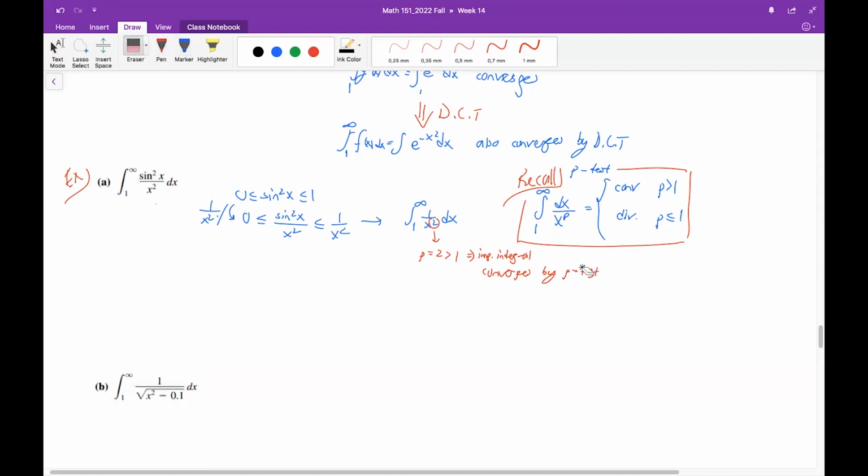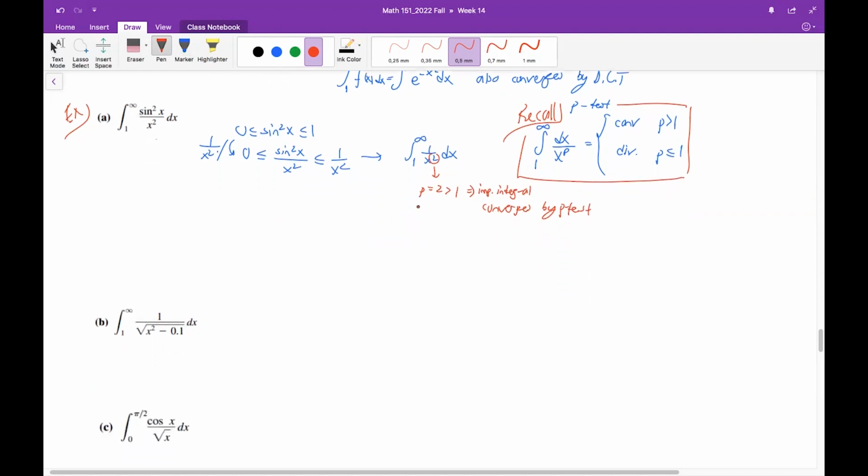If the improper integral with the bigger terms converges, then the improper integral with the smaller terms will automatically converge by the direct comparison test. Then you can conclude that the improper integral from 1 to infinity with the smaller terms also converges by direct comparison test. So we are applying the result of the direct comparison test here. Okay, let's move on